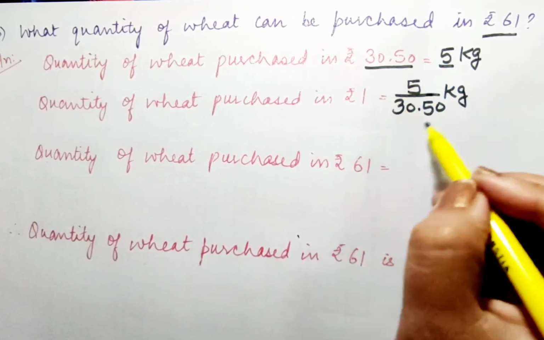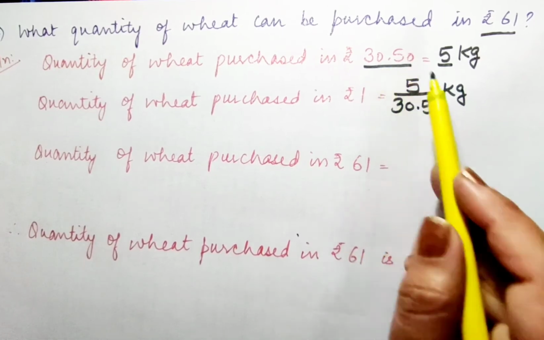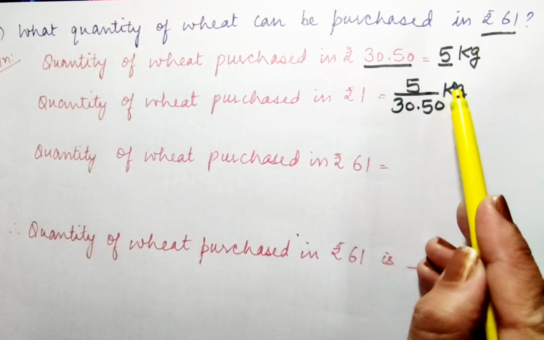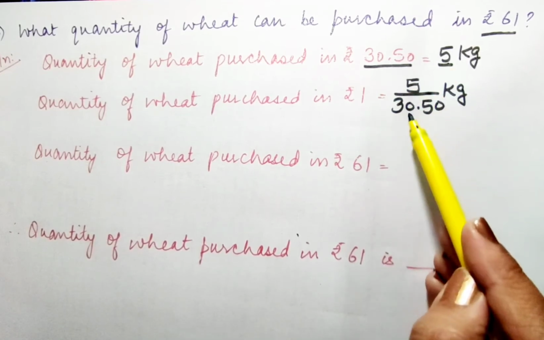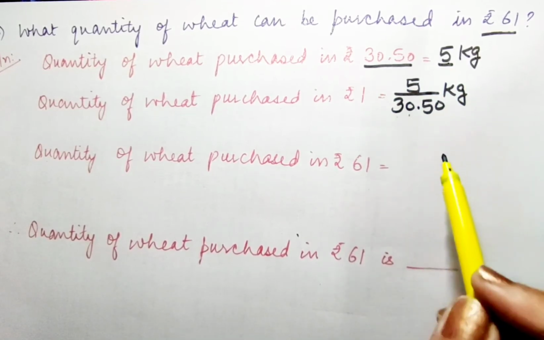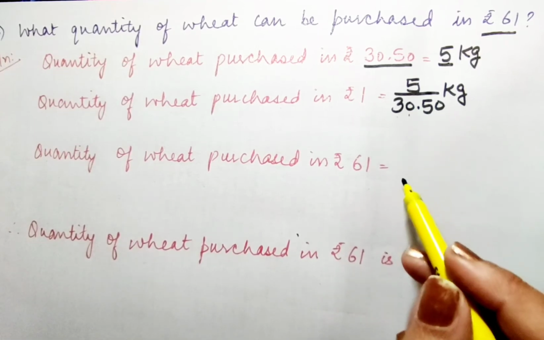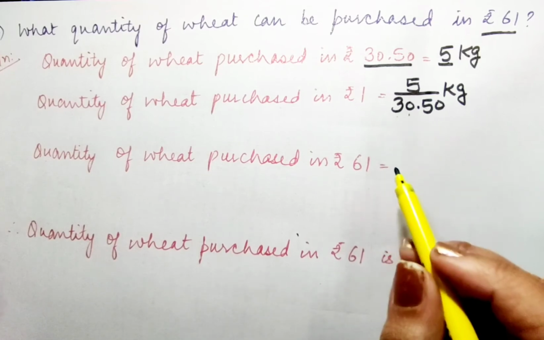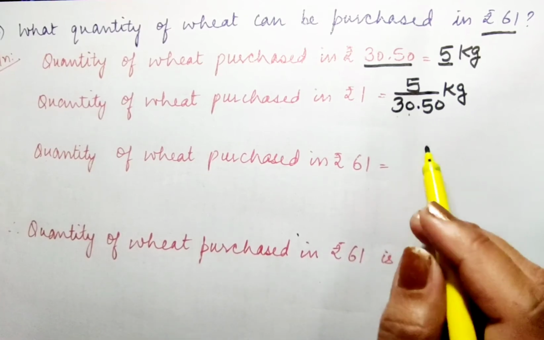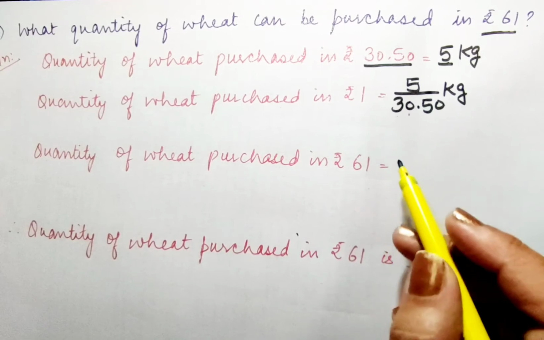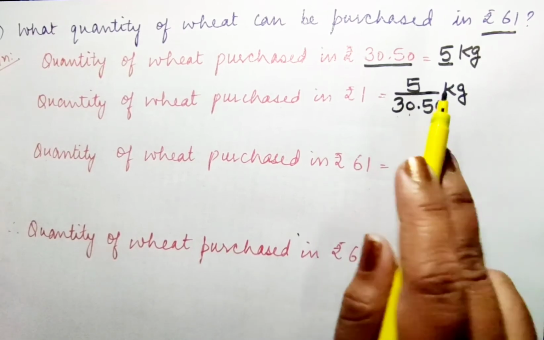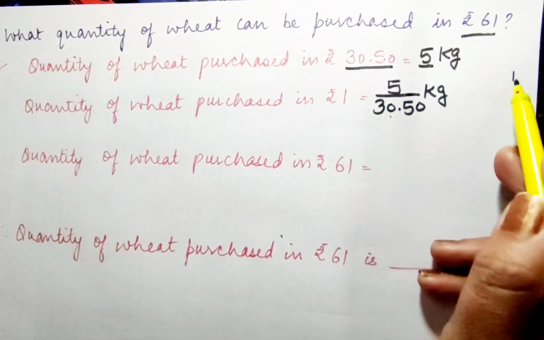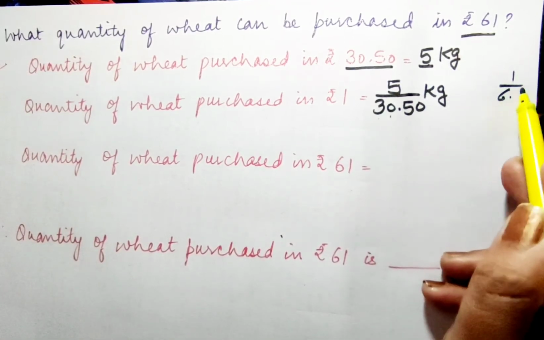Just check this thing. Here it is not 30.50 upon 5. This is what I have written. This term is to be divided on this side. So 5 divided by 30.50. Okay. So now I will do the calculation in the next step, because here it is something difficult for me. Or we can do it here also, no problem. But I am going to do it in the next step. You can do it here also. But if you do it here, you will get 1 upon something, 6.10.